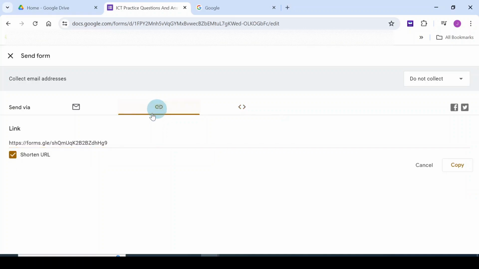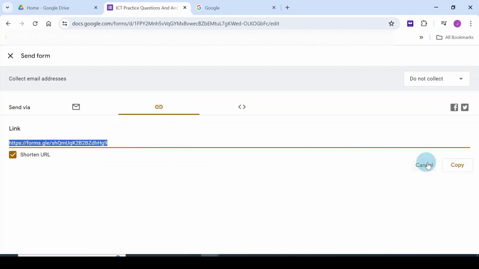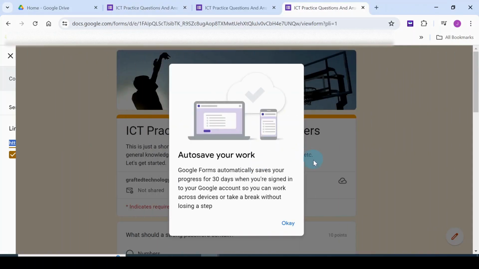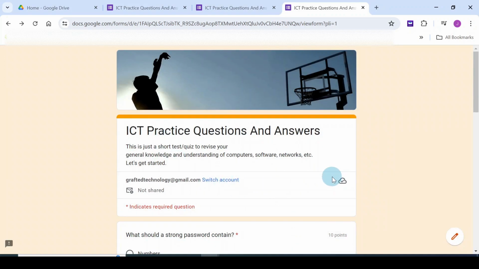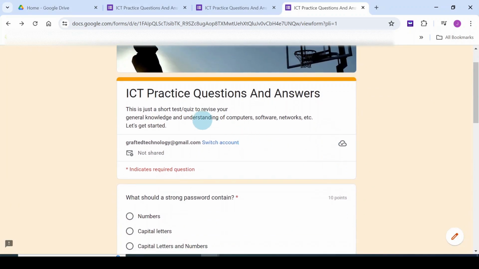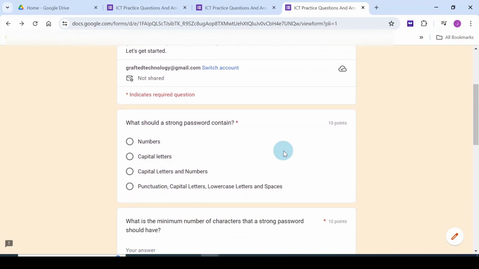So I'll come back to this part. Okay, you can just copy, or come here, you click copy. So let's send this form quiz to someone to fill out. Okay, so I have sent this form, say, to someone, but of course, it is me. So I click OK. Now this person has access to the form. The person can go through, read everything and the description, and scroll all the way down here to